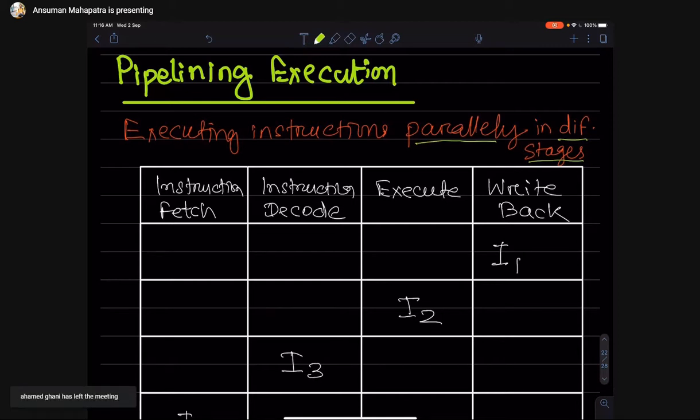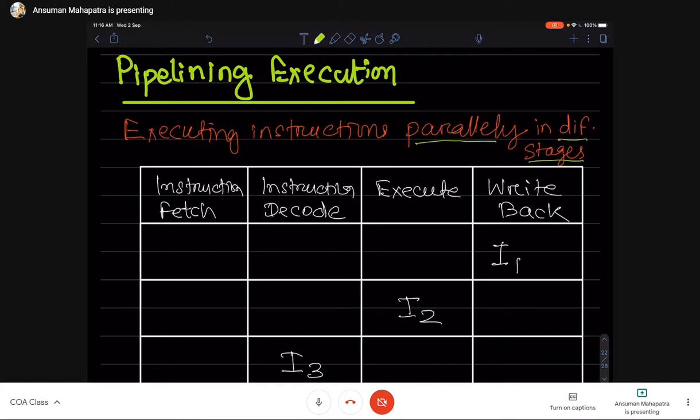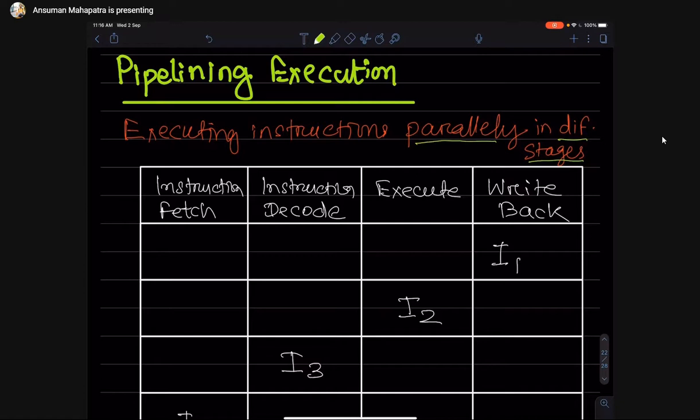Anyone? Pipelining. Aaron Thomas. Yes, sir. What is pipelining, the English meaning?